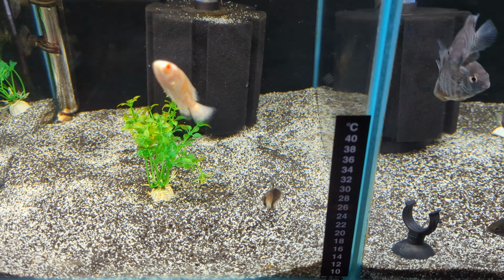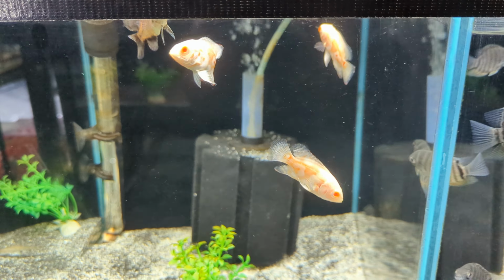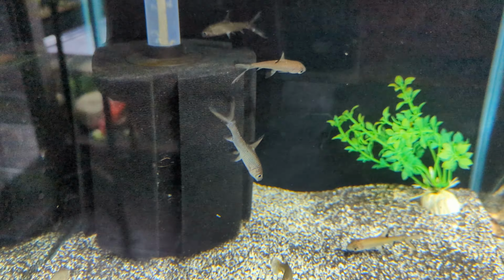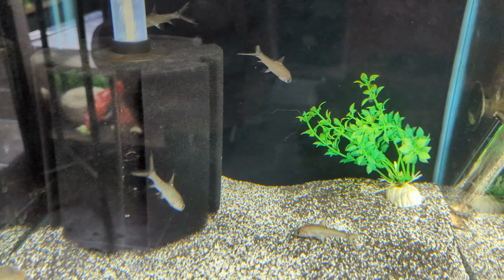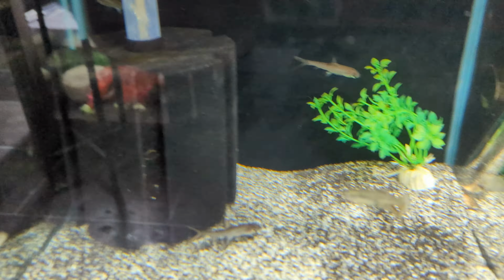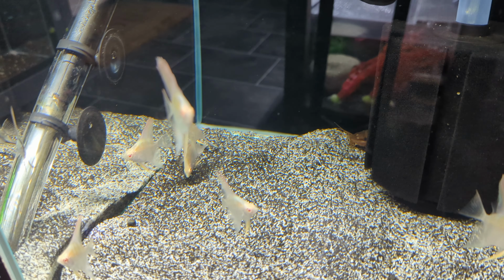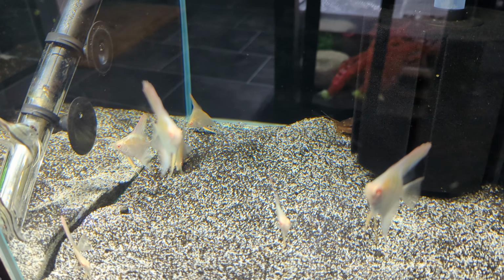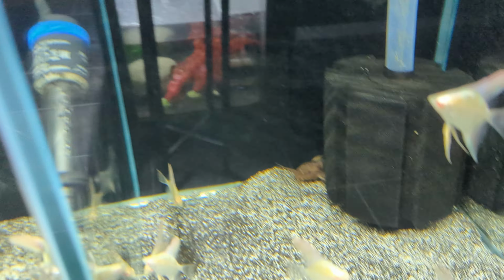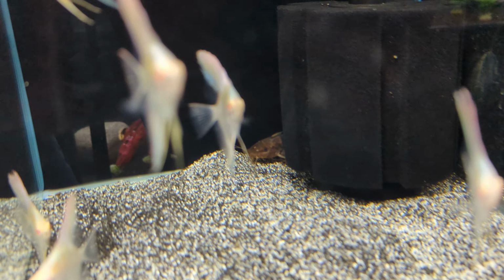Here, albino Oscars, so they're tiger albinos, and then we've got red standard Oscars. In here, some little silver sharks. Obviously these are going to grow really big, so you've got to think about that before buying them. Then if we go here, absolutely lovely albino Dancing Angels. I'll have to double back in a minute. So these are really nice. And then behind is